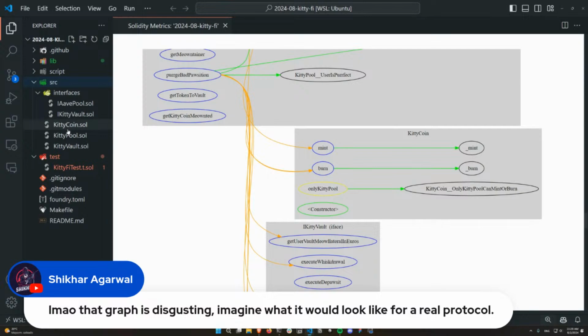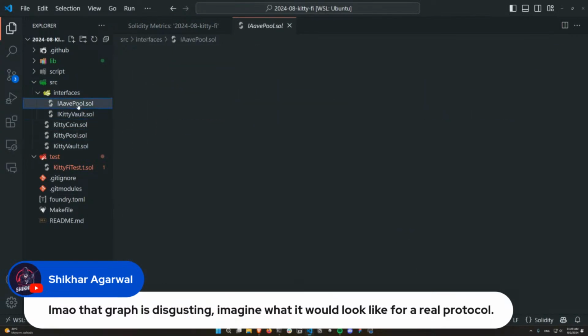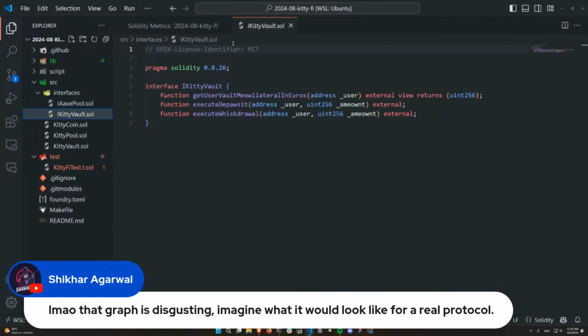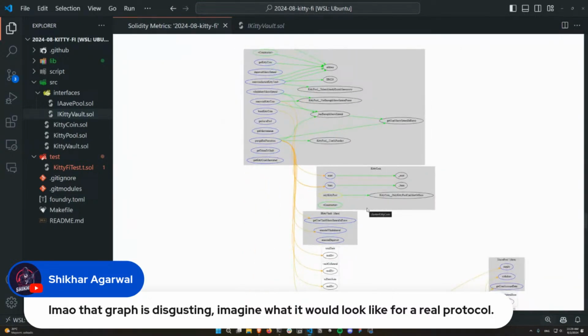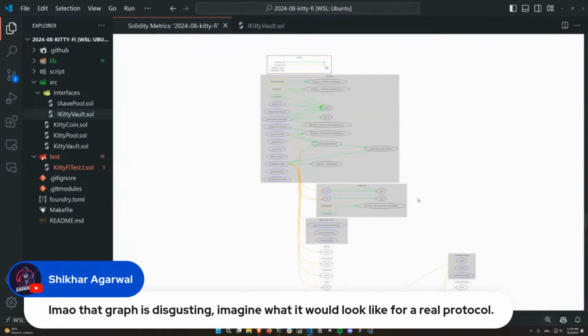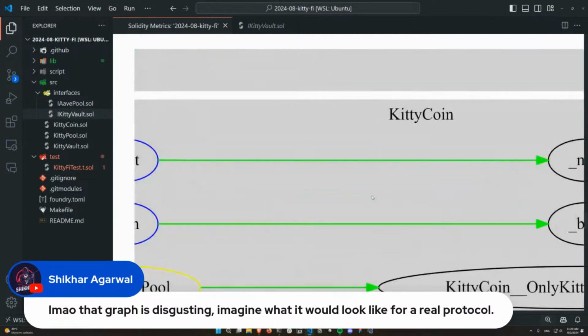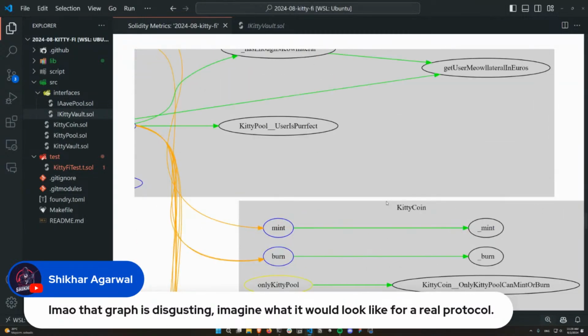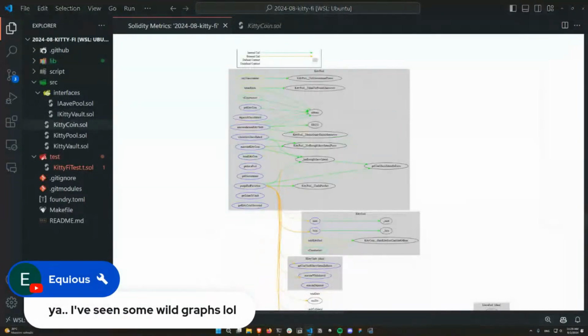Yeah, I mean, look at this. We have just 3 smart contracts, 2 interfaces, and look how big and convoluted this call graph is. But yes, this is how the industry works, right? Yeah, I've seen some wild graphs, lol. Yeah, me as well. Again, this is a small project,